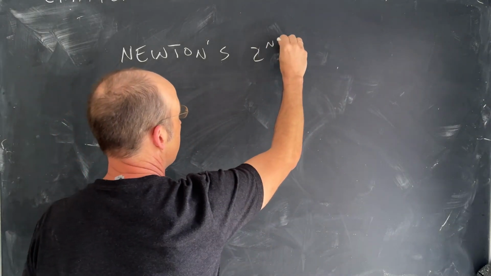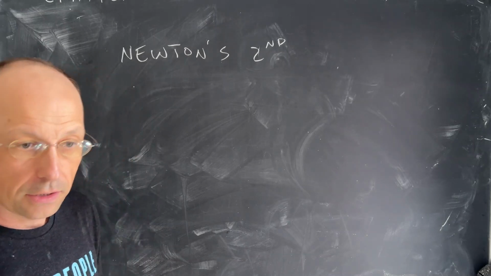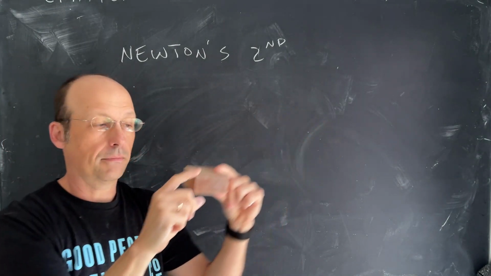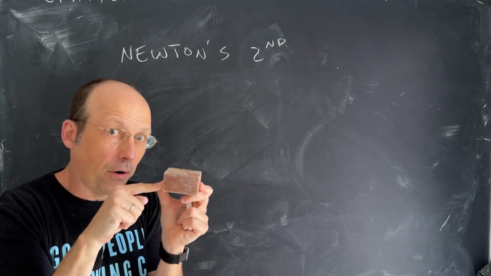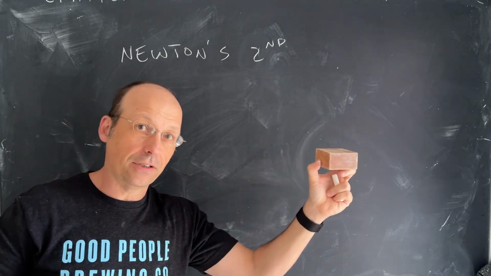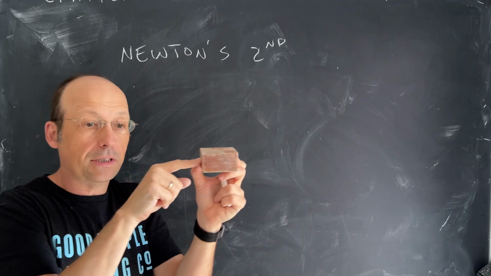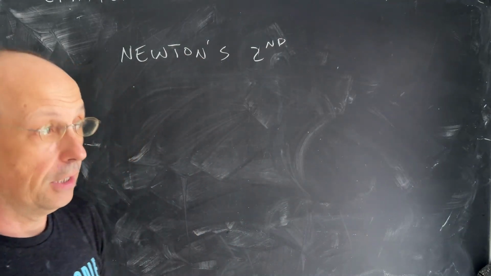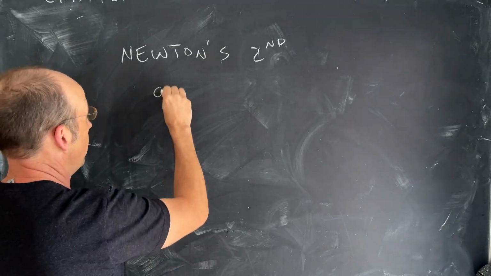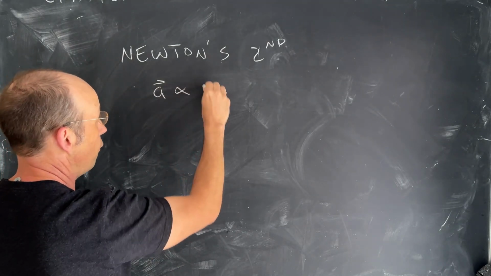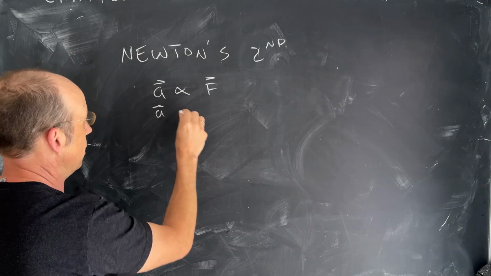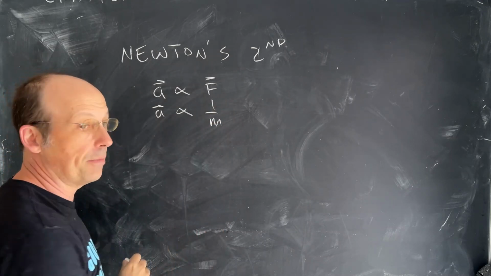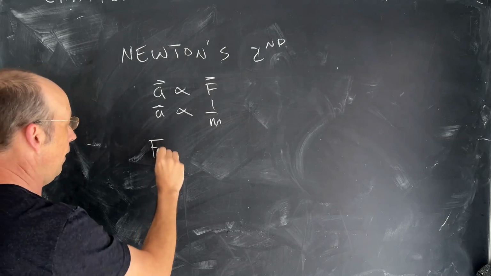It's second. So imagine that I push on this block, and it accelerates. If I push with a greater force, it has a greater acceleration. If I push on it with the force and it accelerates, and then I increase the mass, it has a lower acceleration. So he says that the acceleration is proportional to the force. The acceleration is inversely proportional to the mass. And so from this we get Newton's second law, F net